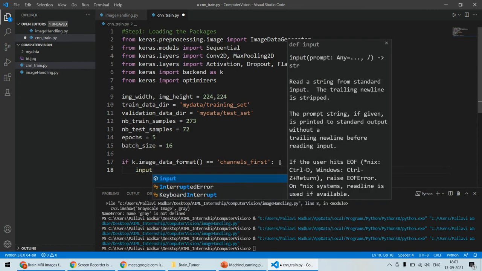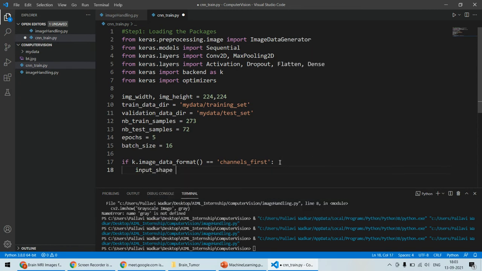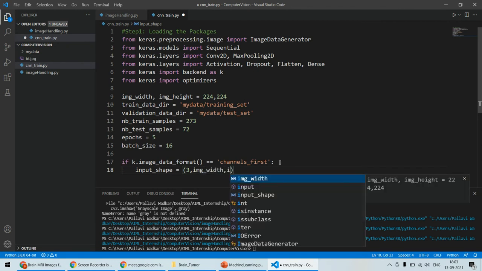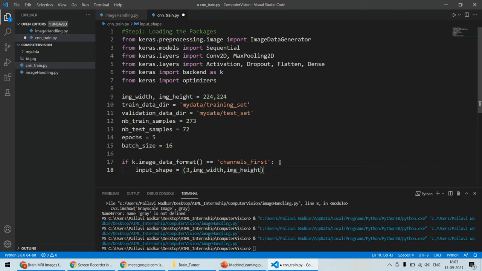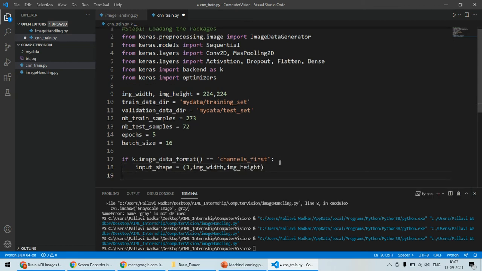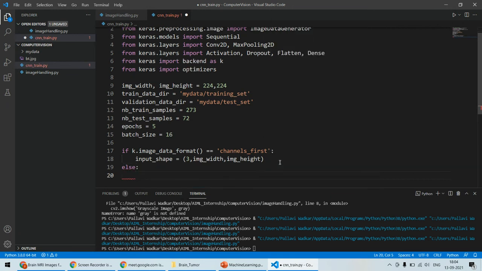इनपुट या फिर इमेज का जो शेप है वो इस तरह से होगा। चैनल मतलब कितने चैनल हैं, RGB, रेड ग्रीन ब्लू, 3 चैनल हैं। तो चैनल फर्स्ट, इसलिए चैनल फर्स्ट। एंड देन इमेज का विड्थ जो कि हमने ऊपर डिफाइन किया है, इमेज विड्थ कॉमा इमेज हाइट, राइट, लाइक दिस। लेकिन अगर चैनल फर्स्ट नहीं है, चैनल लास्ट में है, तो इसका मतलब है इसका फॉर्मेट उल्टा होगा। तो इनपुट शेप, ये वेरिएबल का वैल्यू हम इस तरह से असाइन करेंगे। पहले होगा इमेज का विड्थ, देन होगा इमेज का हाइट, एंड देन होगा 3,